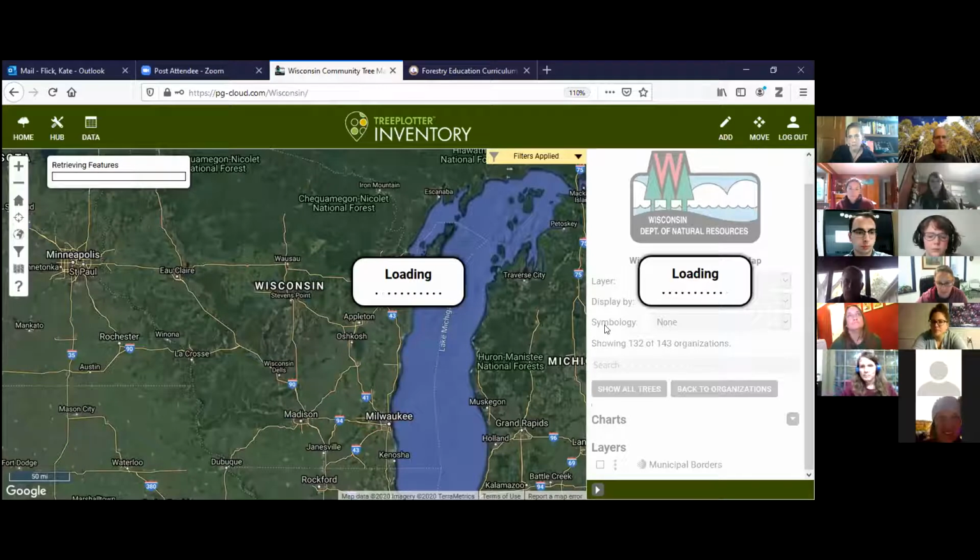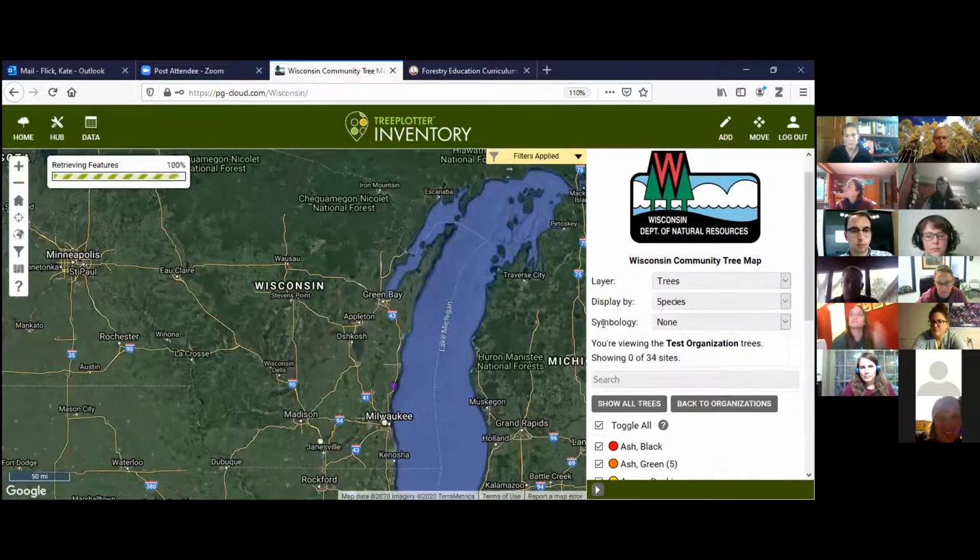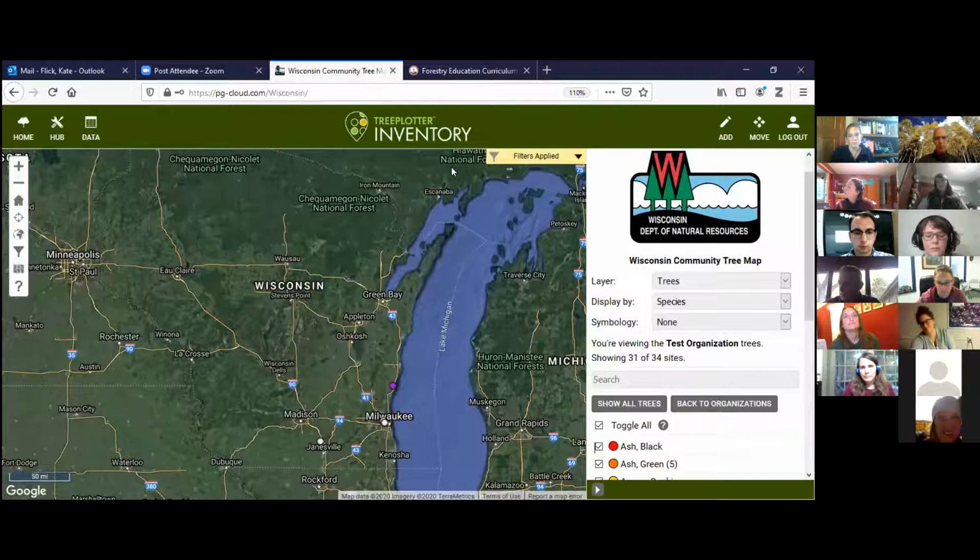you'll see that it's slowly populating. Sometimes the Tree Map gets a little slow as people are using it, so just be patient. But it's really easy to add, move, and delete trees. The Wisconsin Community Tree Map is a community inventory of township and city trees in Wisconsin.